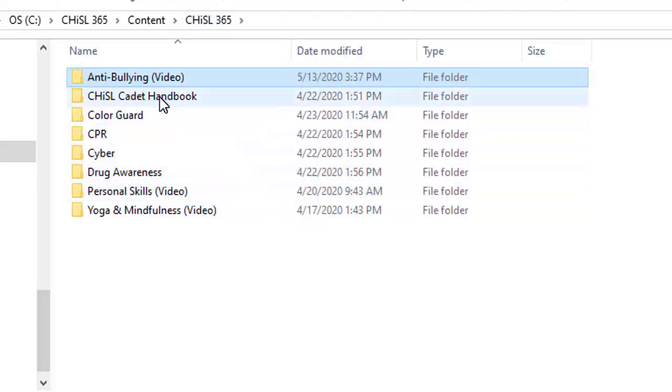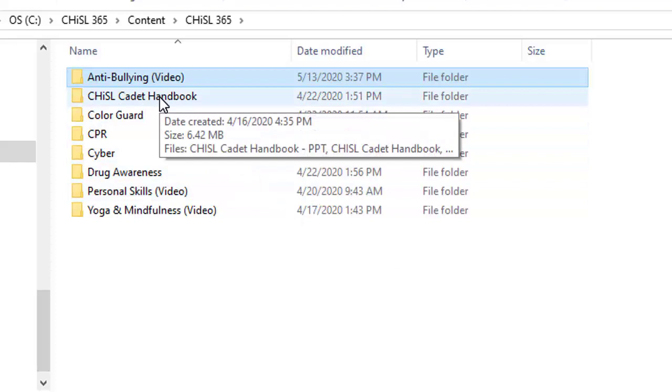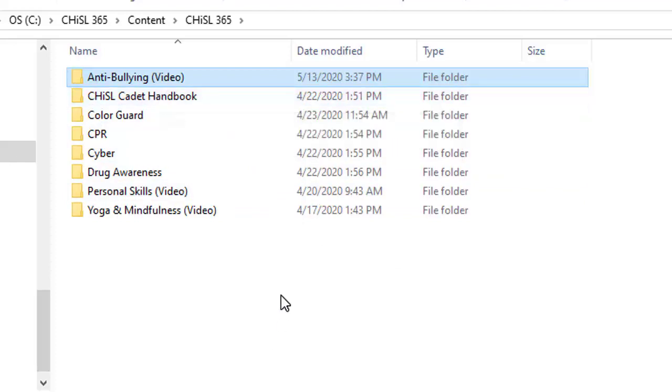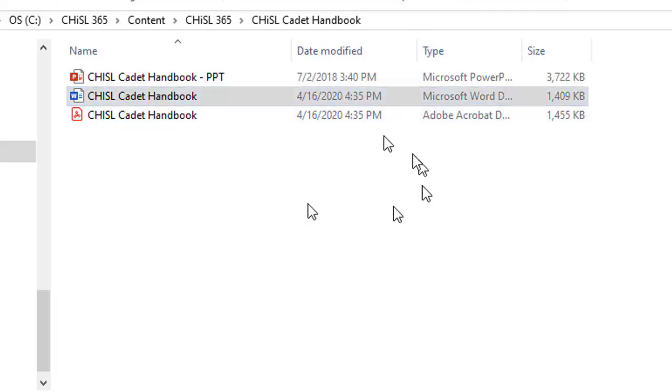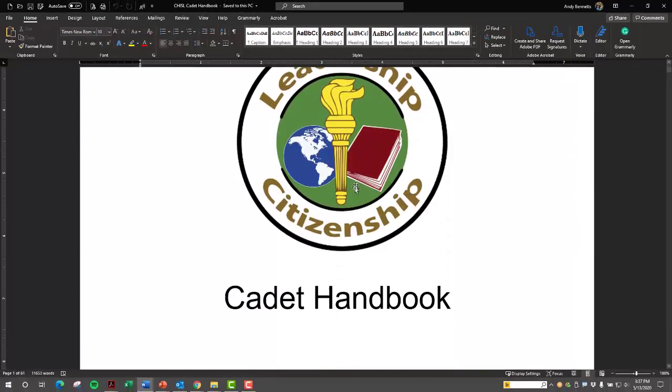This CHiSL Cadet Handbook was actually created a while back, but I'm not sure it ever found its way into some of the installations here. So we wanted to make sure that everybody had this. If we look back at our master training schedule, historically, the first 2 weeks are all about setting up classroom norms, procedures, that kind of stuff. In that light, this CHiSL Cadet Handbook, we gave you both the PDF copy and the Word copy, but most likely you'll start with this Word copy right here, and then go through here and just edit this.